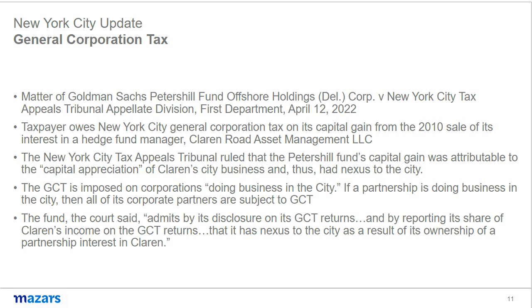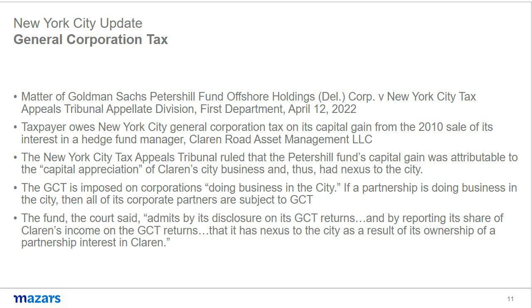This is really a very intriguing issue overall in state and local taxation when either a corporation or a partnership sells a partnership interest, in trying to determine which state or states that income should be either apportioned or allocated to. So here, the City Tax Tribunal had ruled that the capital gain was attributable to the capital appreciation of the partnership's city business and therefore had nexus to the city,